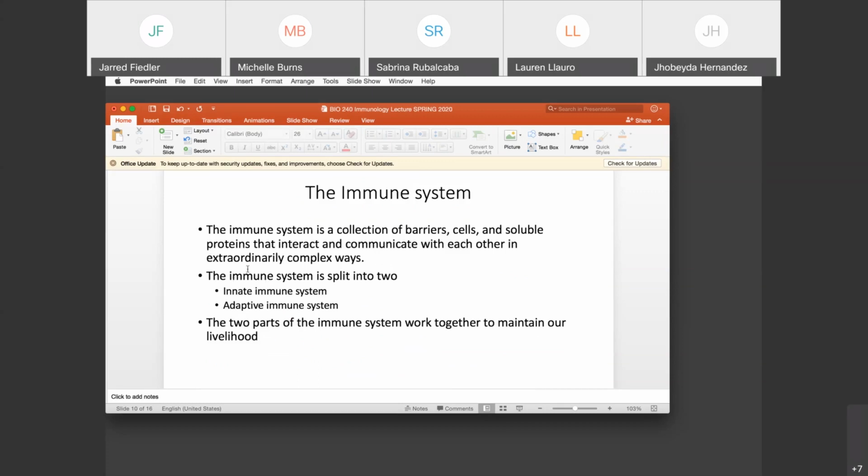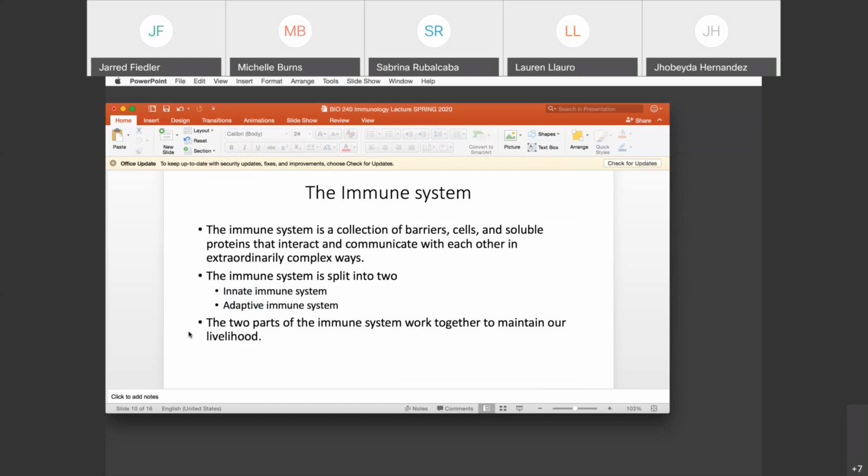Now, the immune system, like I mentioned various times, is split into the innate and adaptive immune systems. These two work together to maintain our livelihood. That's the purpose, and that's the reason why you have both of them. We're going to talk about the innate and the adaptive immune system in a little bit of detail, not extensive detail, because it would take nearly a whole semester just to talk about those two